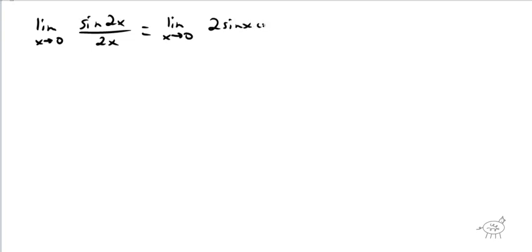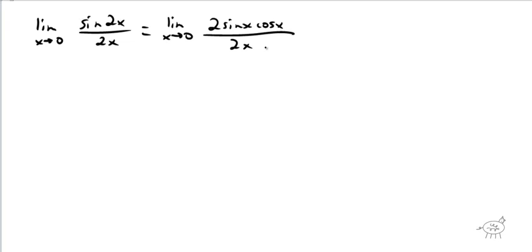If I gave you a problem before we get into too much crazy stuff, if I said limit as x approaches 0 of sine of 2x over 2x, you're like, what? I got a 2 there. Well, let's analyze this a little bit. Do you agree it's a double angle? Hopefully you do. Sine of 2x is 2 sine of x cosine of x